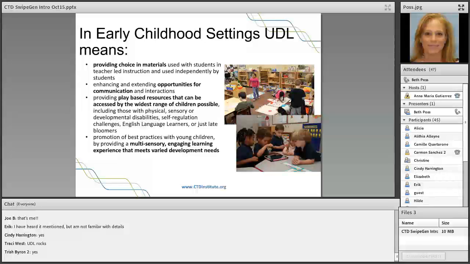That's really like UDL in a nutshell. So when we talk about it in an early childhood setting, I think instinctively or naturally, early childhood tends to be UDL, but it doesn't mean that we can't make it more UDL. So providing choice in materials used with students, both in teacher-led instruction and used independently by